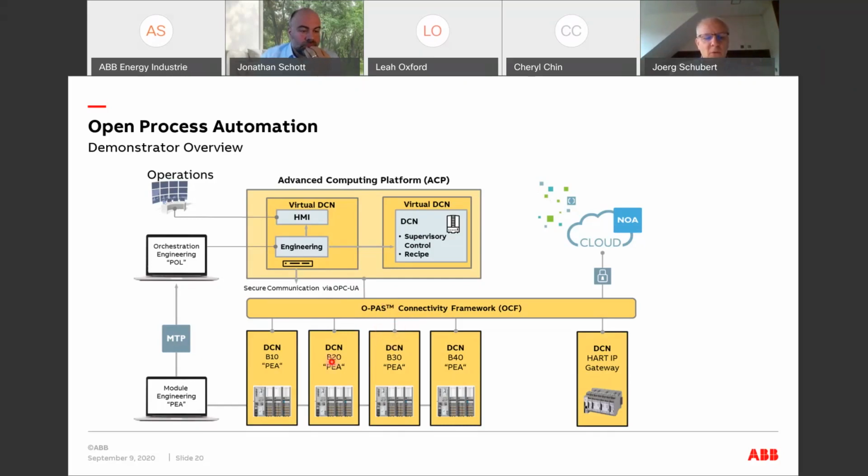So what we have used here is a standard that's now also in the discussion with the OPAF team. We have taken this modular type package approach where you would get from a third-party vendor, like in this case the vendor for the DCN, a description of the automation that's running in here, the associated process graphics, and you can import this into an engineering tool, which we name the orchestration layer.